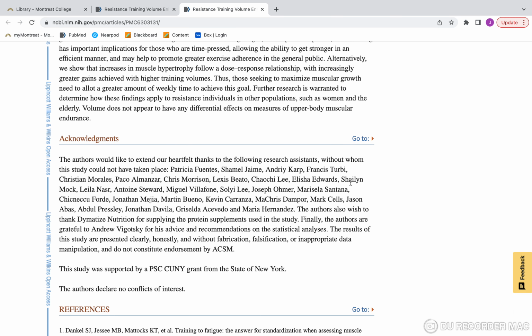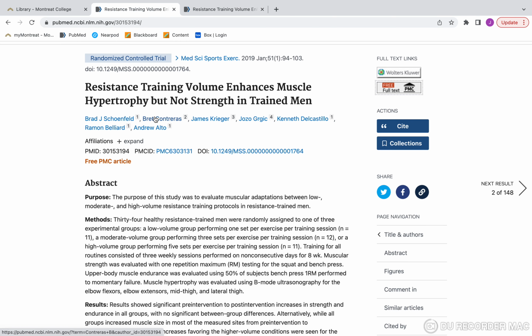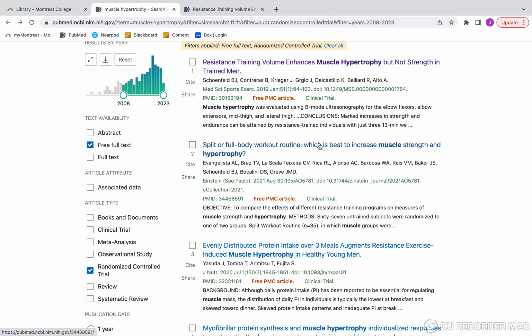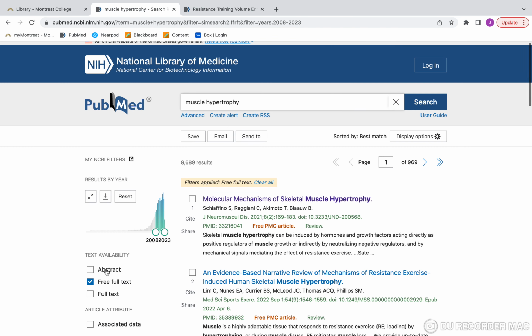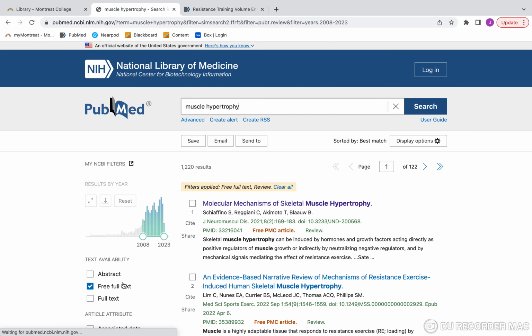Now, the cool thing is you might not always have time to read hundreds of studies to get the main idea of a concept. So if you're worried about muscle hypertrophy, you're trying to figure out how it happens, but you don't have time to read like 100 articles, each giving just a little bit more information, but instead you want almost like a textbook chapter on it. This is where we get into reviews. There are different kinds of reviews: review, systematic review.